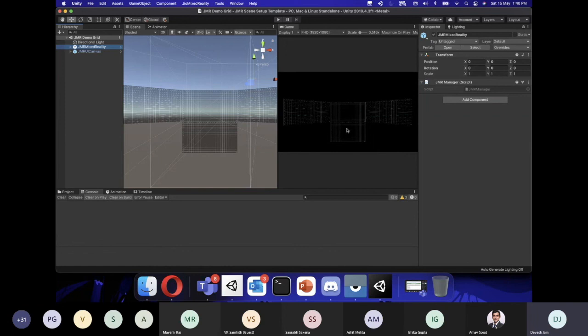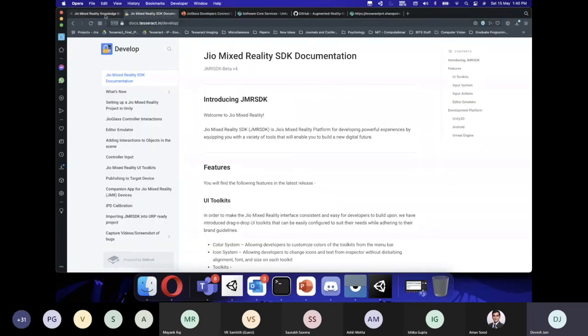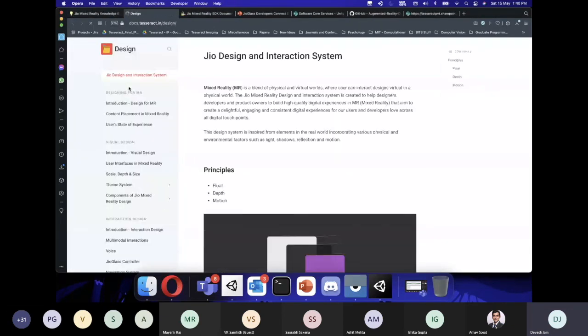So that's why this is the hotspot, where you will put the majority of your content. Not to say that you can't use the rest of the UI. You can definitely use the entire world in this whole scenario. But this is where the whole optimization comes in. And I would also like to point out the design documentation.